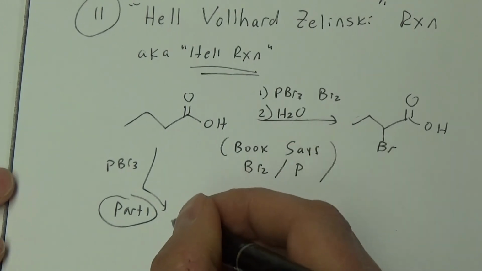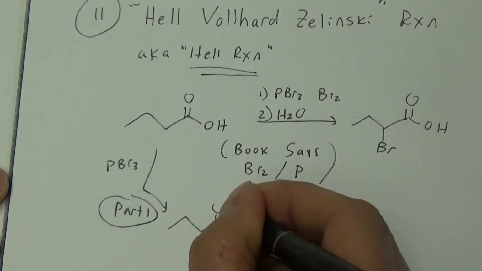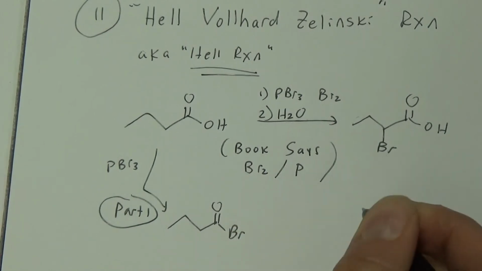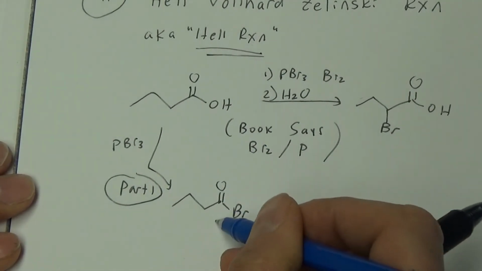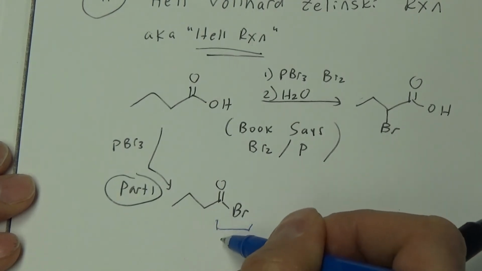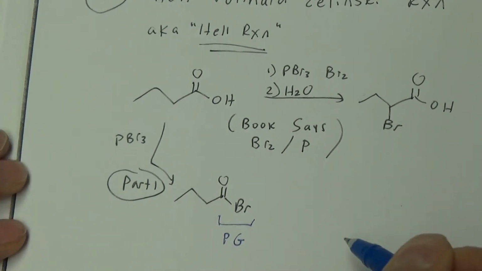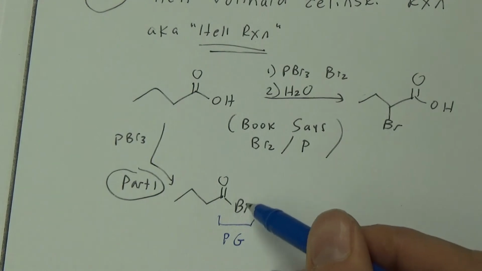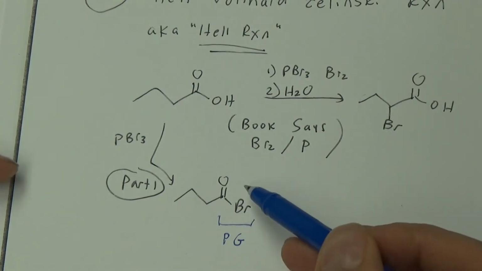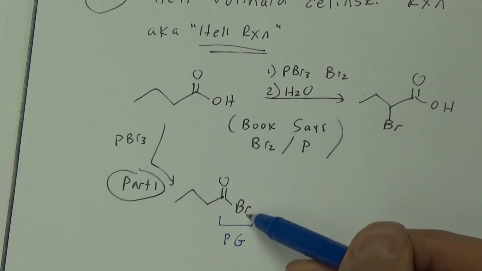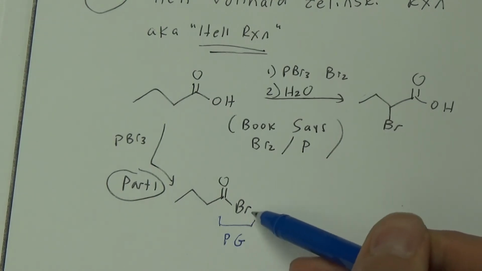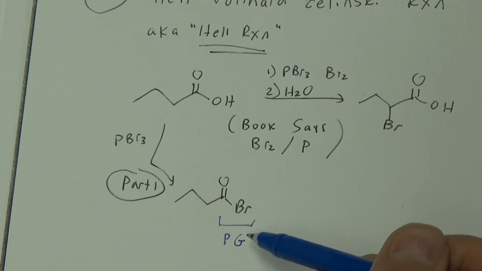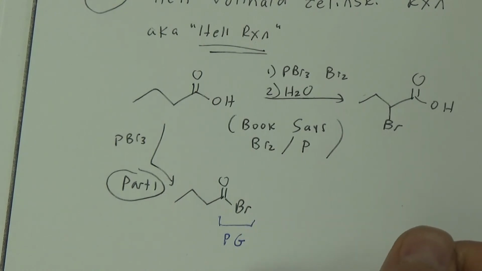So part 1 is simply make an acid bromide. Now this is actually almost like a mini protecting group. It's a PG. It makes the next step possible. So we're kind of temporarily protecting the OH as a Br,